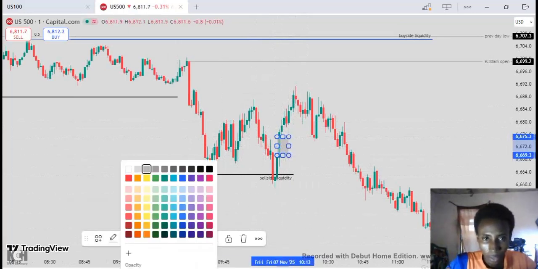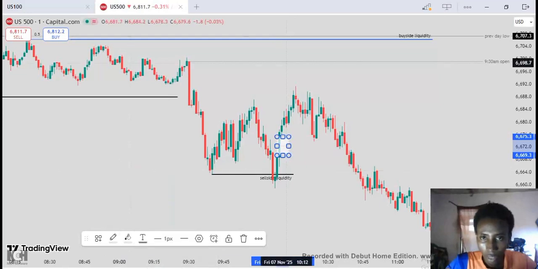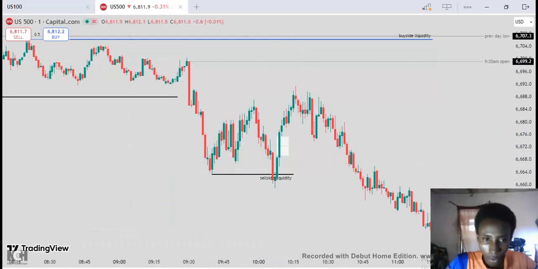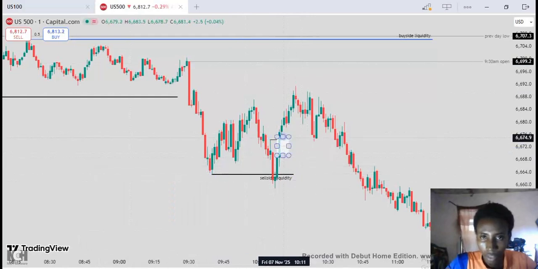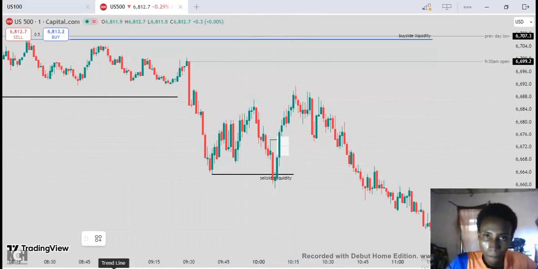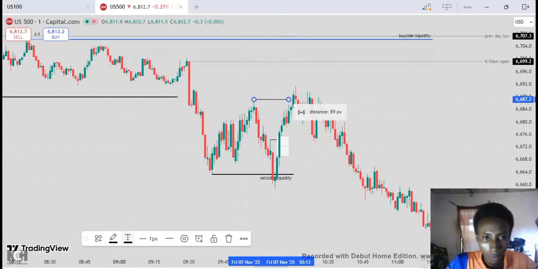I was expecting price to go into it before going for that buy side, because we have taken this, we have broken this structure. I was expecting price to come there before going down, but price didn't enter there. Instead, it ran to take this high,